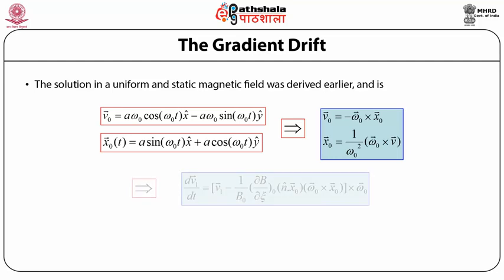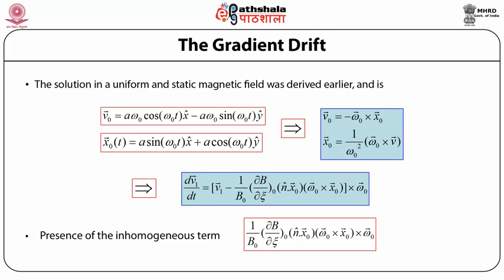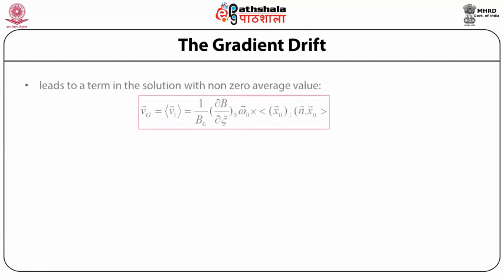So, this implies that dV₁/dt = V₁ − (1/B₀)(∂B/∂ζ₀)(n̂·x₀)(ω₀ × x₀) × ω₀. The presence of the inhomogeneous term (1/B₀)(∂B/∂ζ₀)(n̂·x₀)(ω₀ × x₀) × ω₀ leads to a term